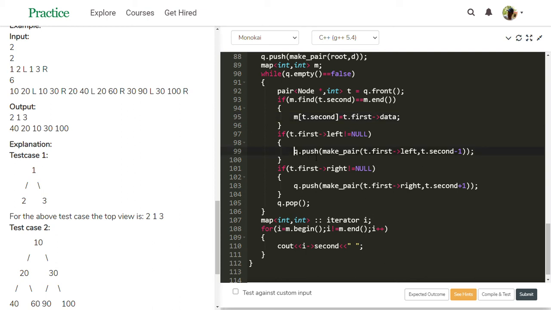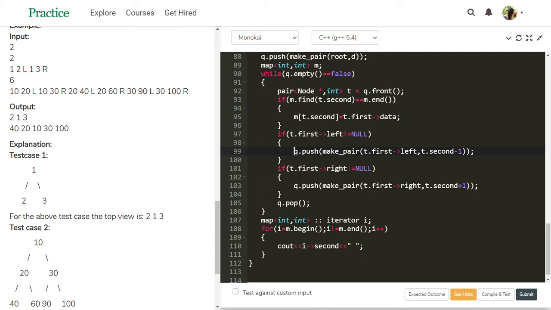Then push it: q.push(make_pair(t.first->left, ...)). When we go to the left, the distance is decreased. When we go to the right, the distance is increased by 1. So we are going left, taking the node address and distance: t.first->left, t.second - 1.